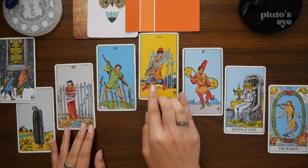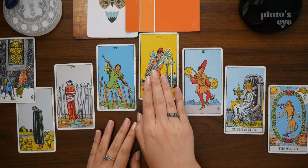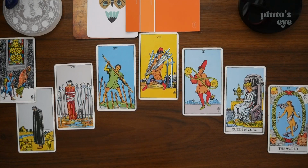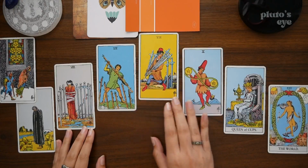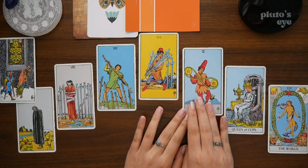Kind of, especially if you take a look at her with the swords over here, and this feels like taking things people may have said or done and keeping them, holding on to them to weaponize them against yourself in a way. And yet there's this energy, this is kind of like the peak of it, right? And then there's this energy of wanting to